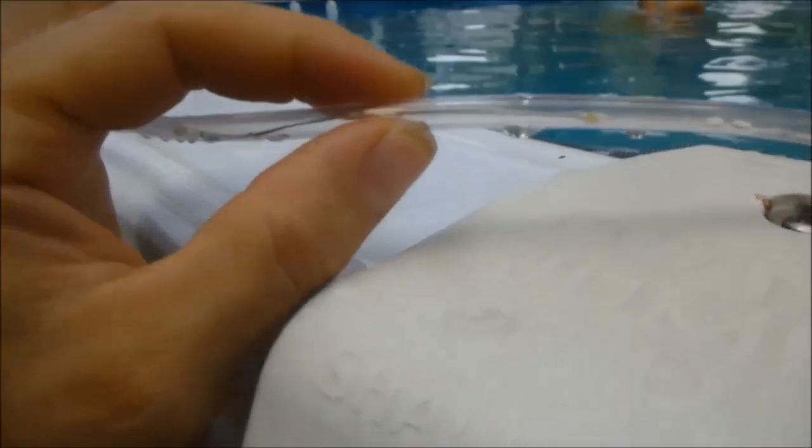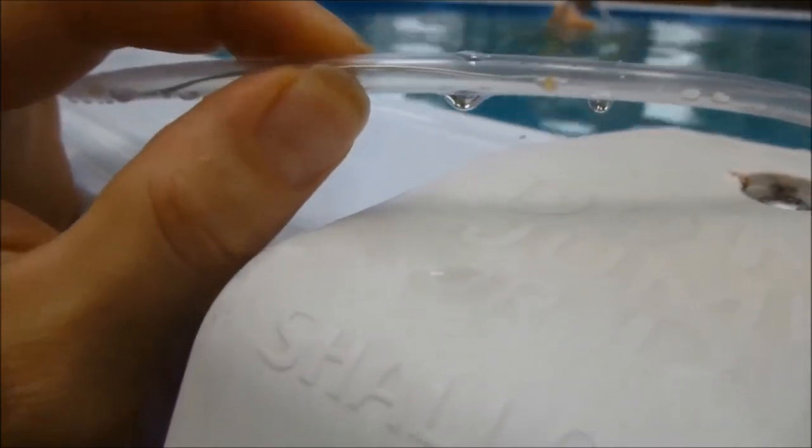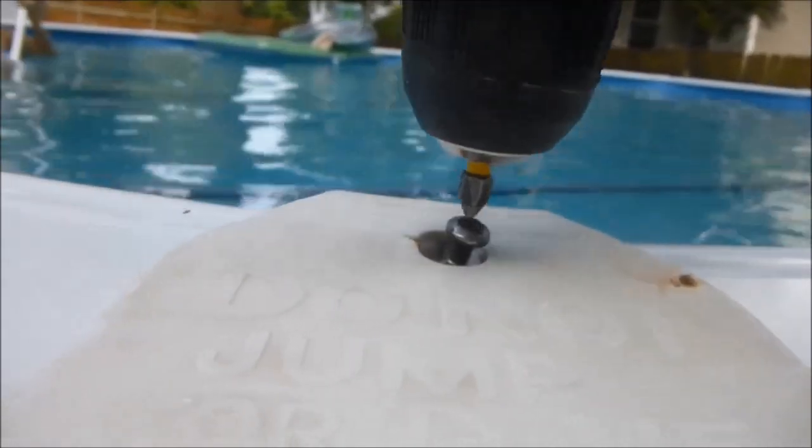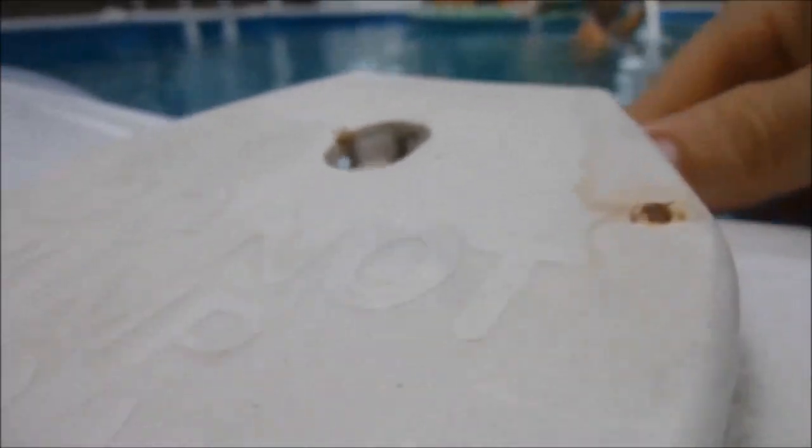Alright, let me show you how I'm installing this. Okay, so this is in a tube and you can squish it quite a bit. You can see the wire in there is really fine. So you can see in this pool, the cover here, every 4 feet or so there's a cover, and you can see there's a groove here, and that's perfect for this to sit right in there. So all you got to do is take the little cap off, get a little drill, take the screw out, and then this thing will pull up. If you pull on it, it'll pull up, and then you just take your little wire, put it underneath,